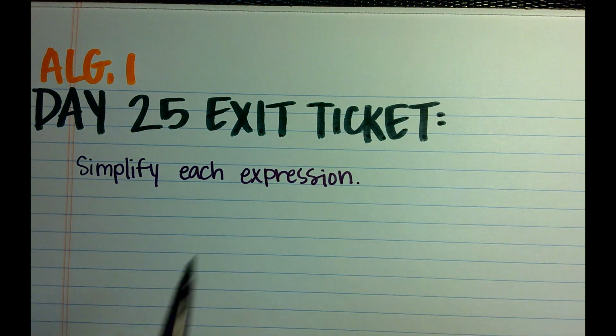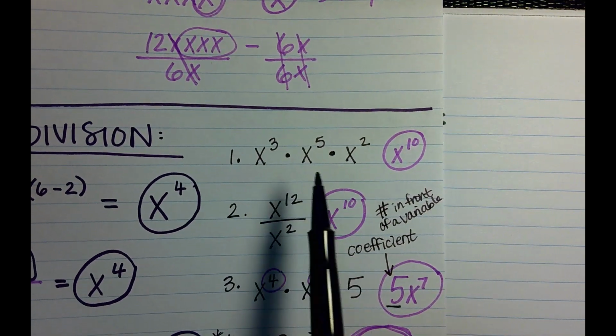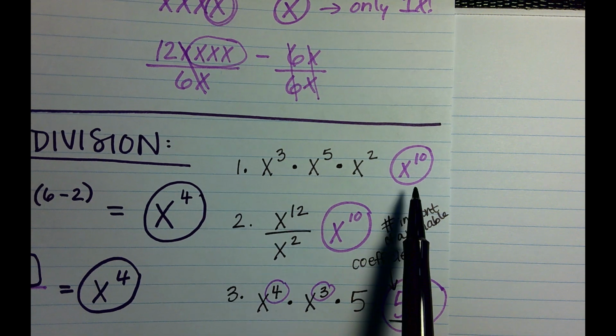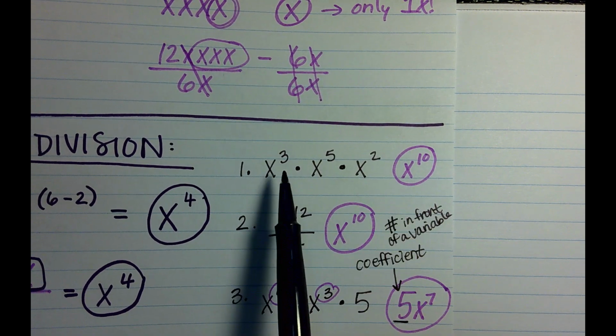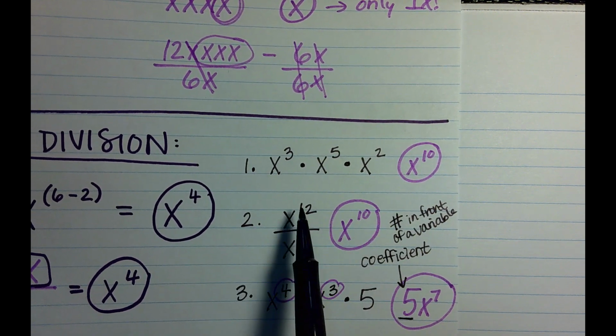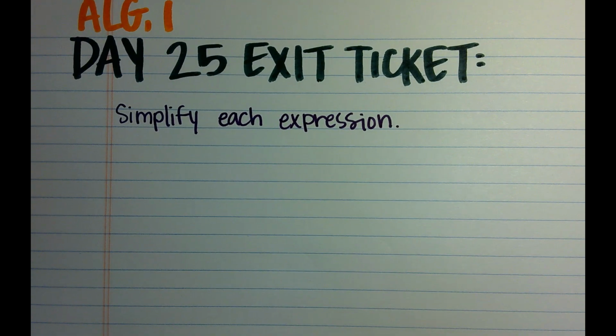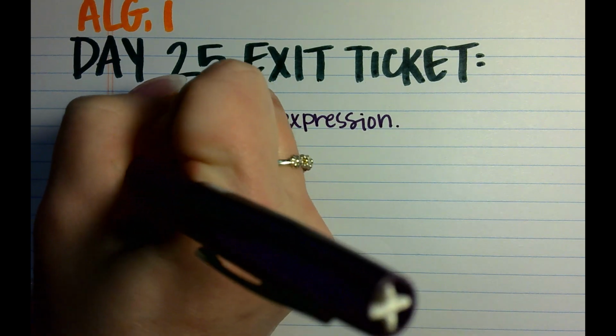When I say simplify each expression, that just means if it is written as a division problem, it'll be problems kind of like these. It means get it to the simplest answer where it's all combined. So you're just solving the problem. This is just a fancy way of saying it. So for number 1,